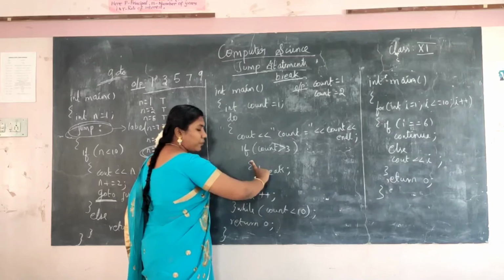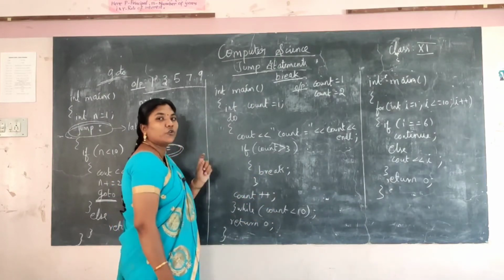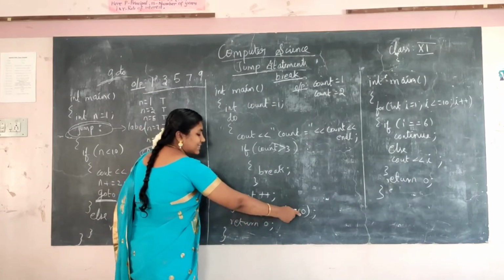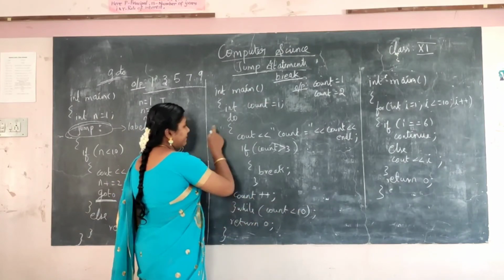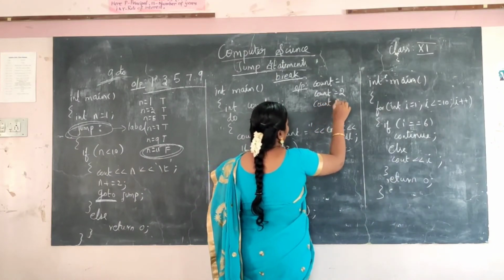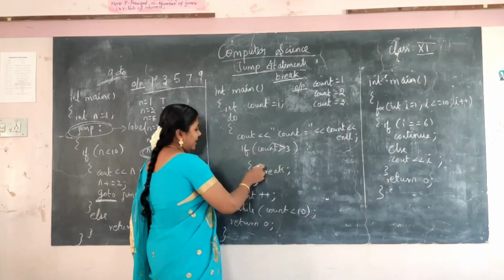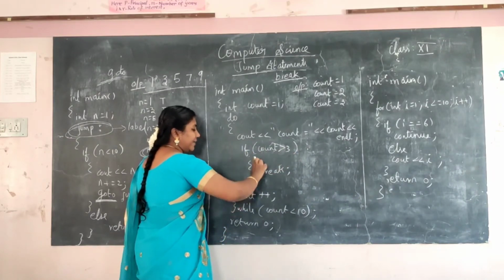That is, it will skip this if block. So after the if block I have count plus plus. So count 2 plus 1 is 3. So 3 less than 10, condition true, again it will do. So count is equal to 3 will be printed. Right? So count greater than 3, no, the condition is false, again it will come here, it will execute this block